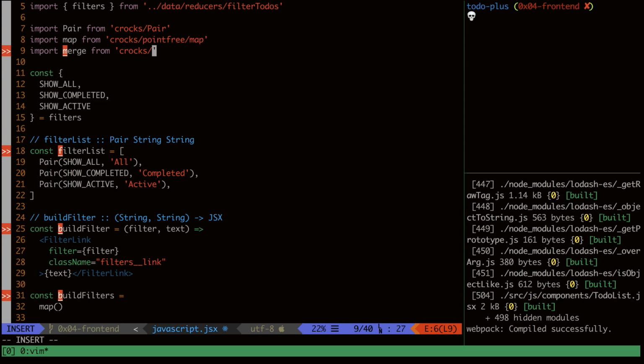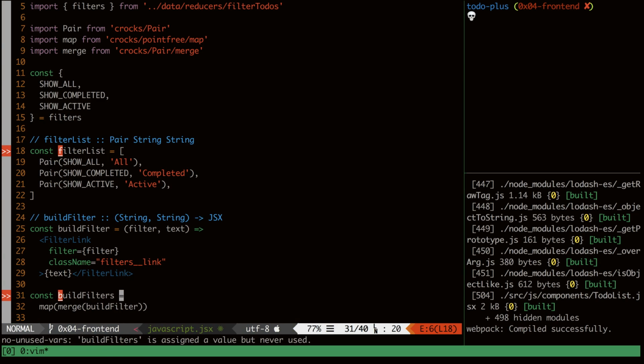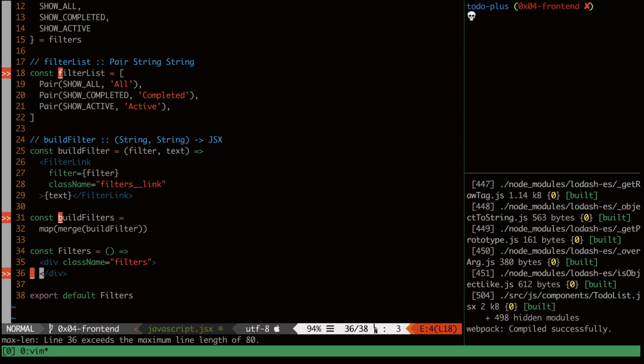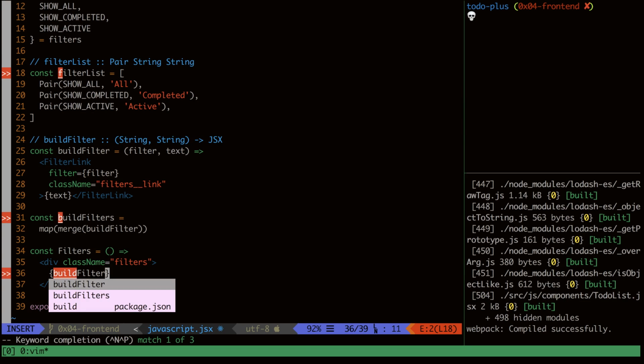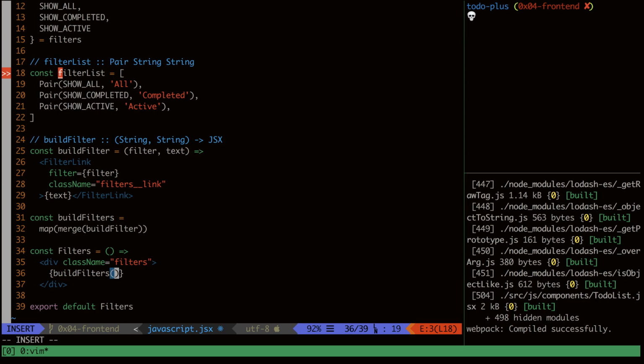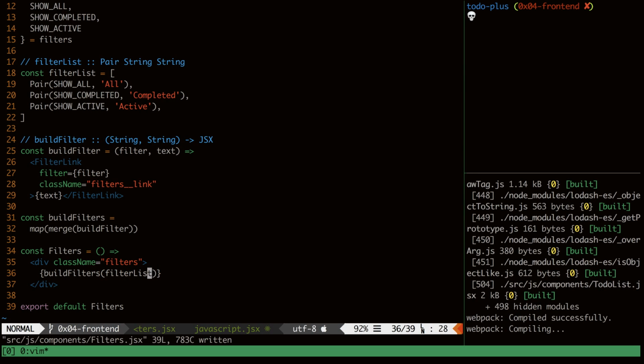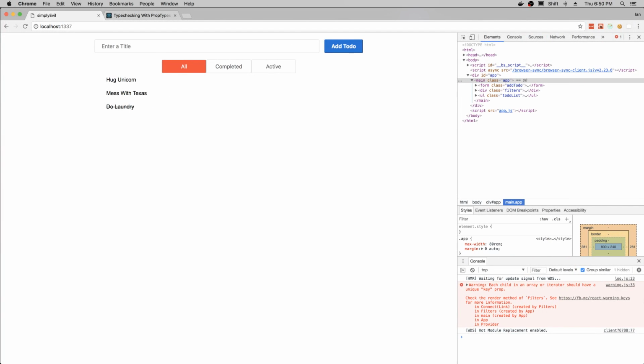All right, so here we'll do pair and merge. This is strictly a pair function, so it comes from pair. And here we want to merge in on build filter. So now we should be able to come down here, and we can do build filters, and we want to bring in our filter list. Okay, and if there's no errors, we come here and we see that it built it,